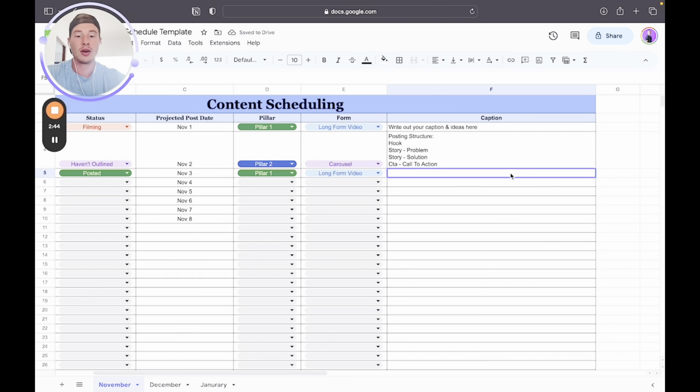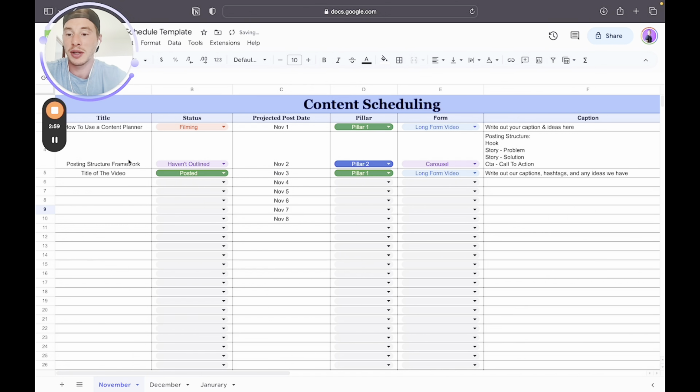And here we can write out our captions, hashtags, and any ideas we have. Okay, so that's what it looks like here. And basically what I want you to do is be using this, like go through this in that exact thing that I did. So if you think of an idea for a video, you can be writing it in here,